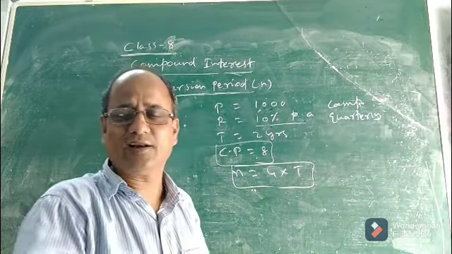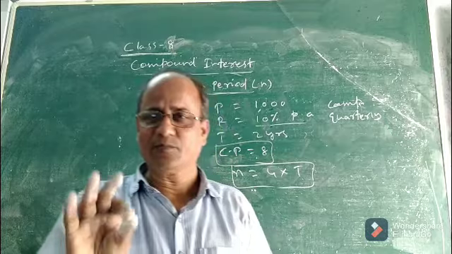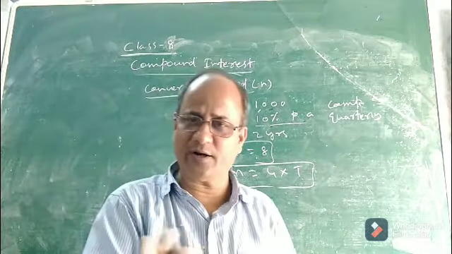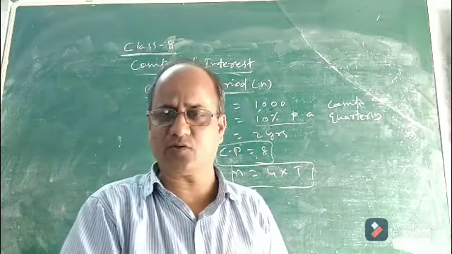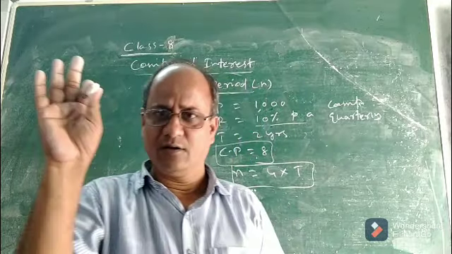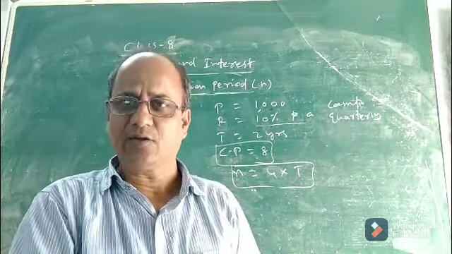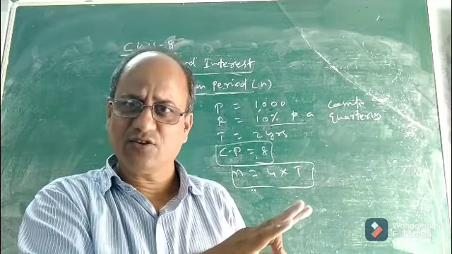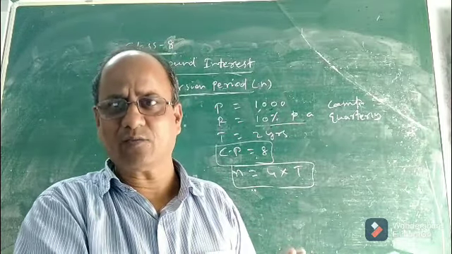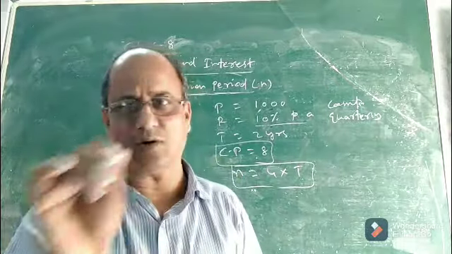Okay. So children, from this I discussed everything. As I said, interest may be compounded or charged or payable, whatever you say. It may be charged annually, half yearly, that is semi-annually, or quarterly. Okay. So when it is charged annually, what will happen? Conversion period is equal to the time period.